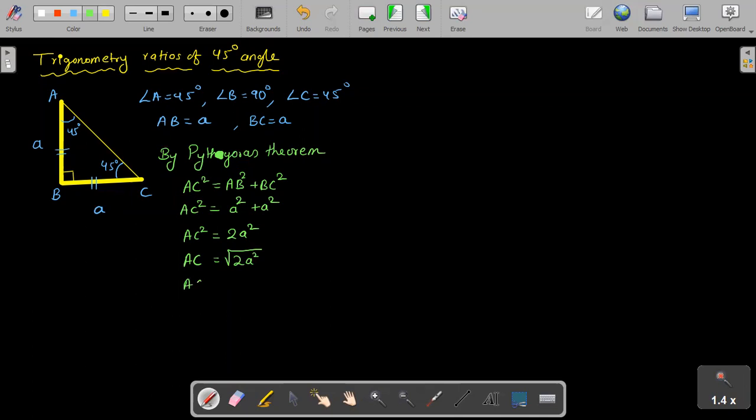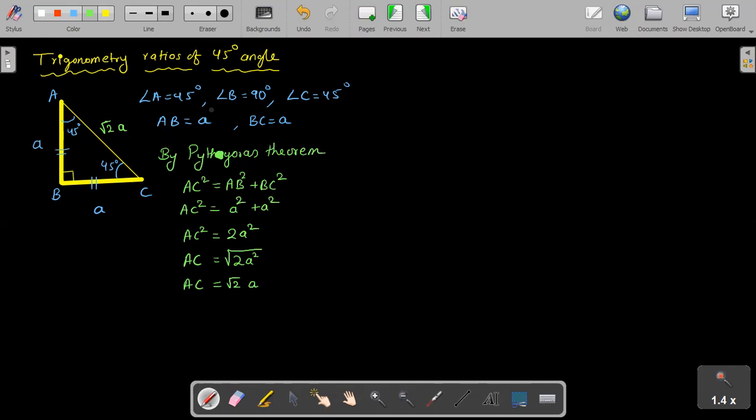So when I put square root for both, the square root of 2, what will happen? The square root of 2 will remain as root 2 here, that will not change. Only the a square, since it is having a square, will come outside. The square and the root sign will cancel. So you get AC equals root 2 a, not 2a. Okay, Prajakta? So this is root 2a.